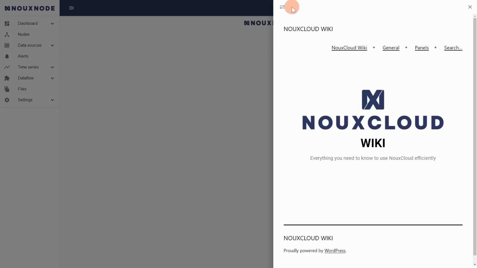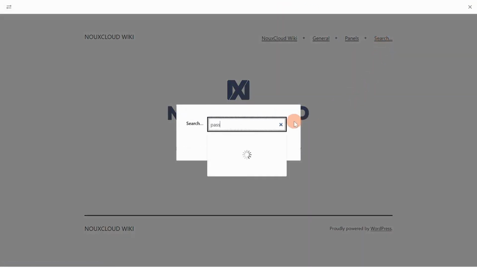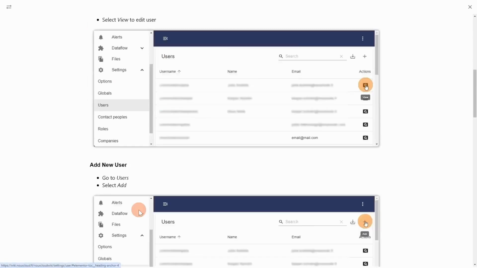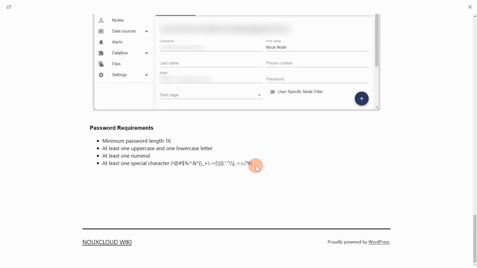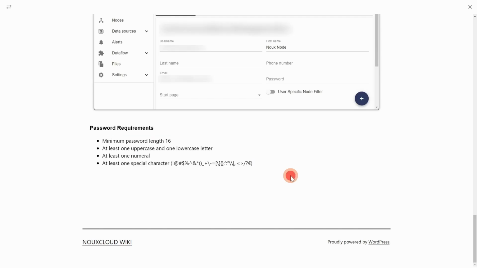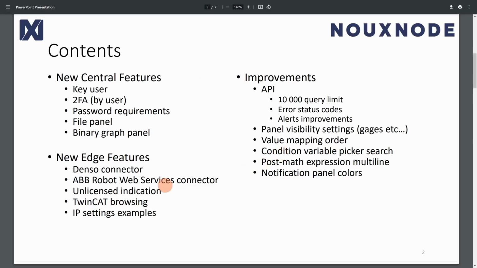in the wiki basically. So let's search, sorry, password, and if I remember, there in the user section, and here, yes, here you can see the password requirements. So these are the ones then that are the current password requirements. If there's some changes, we will update them here. Okay,